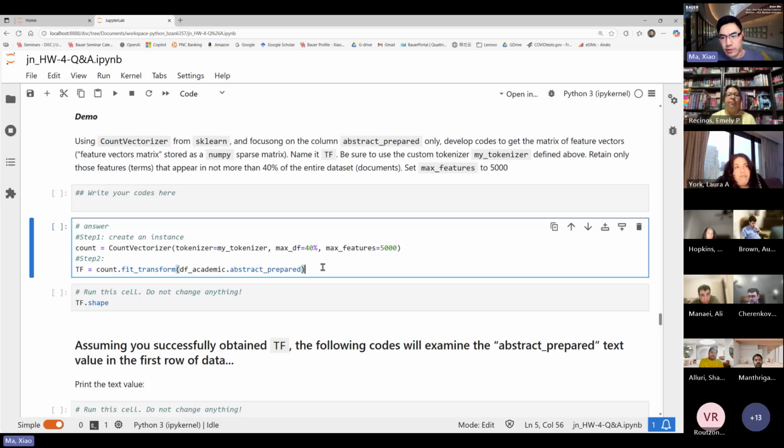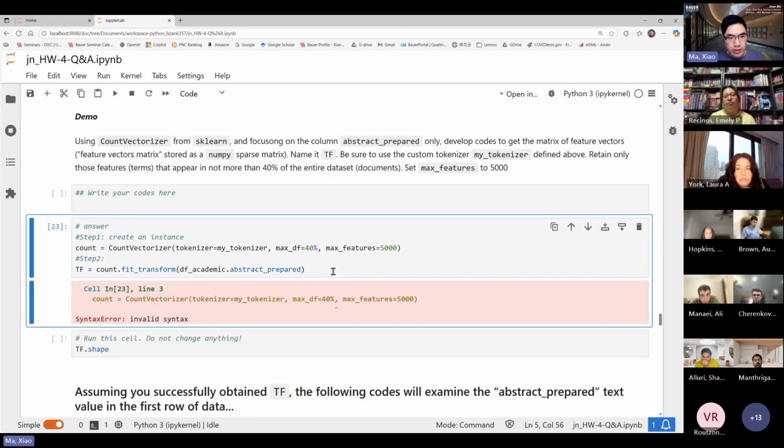TF is a sparse matrix where you have quite a lot of zeros because some of the terms are not used at all. And since we're only retaining the less frequent words, the unique words, it's going to have a lot of zeros here. Now, when I run it, I'm having an error,